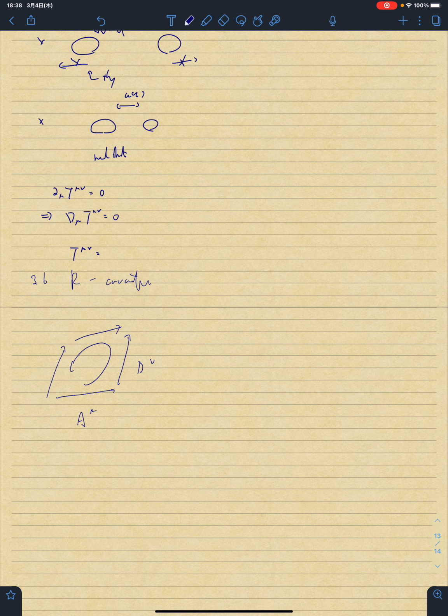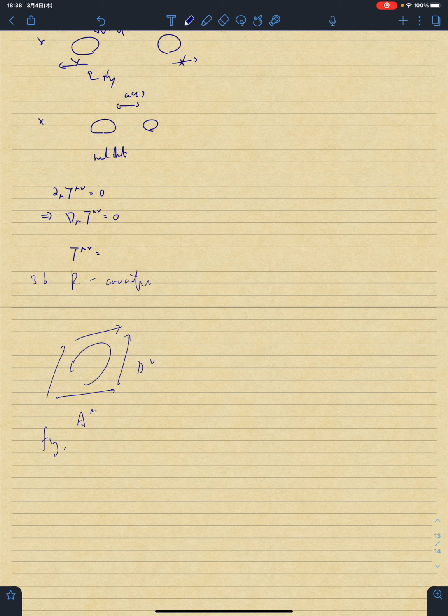Figure: an infinitesimal loop defined by two vectors A^mu and B^nu. The tensor should be antisymmetric in these two indices, since interchanging the vectors corresponds to traversing the loop in the opposite direction and should give the inverse of the original answer. This is consistent with the fact that the transformation should vanish if A and B are the same vector.